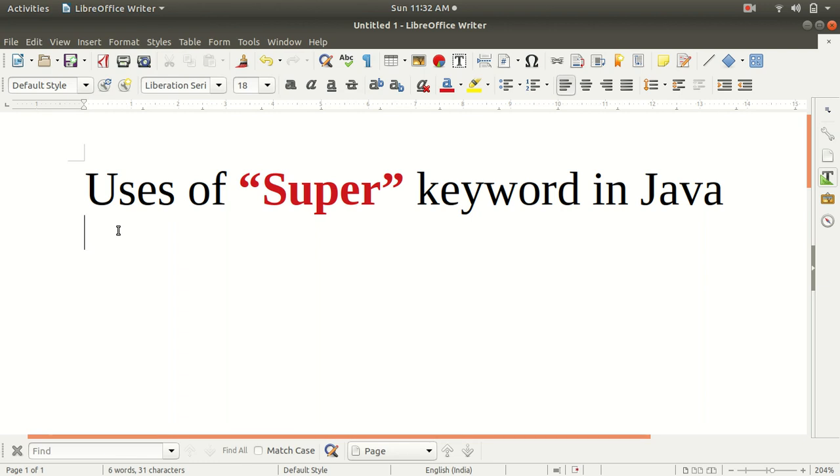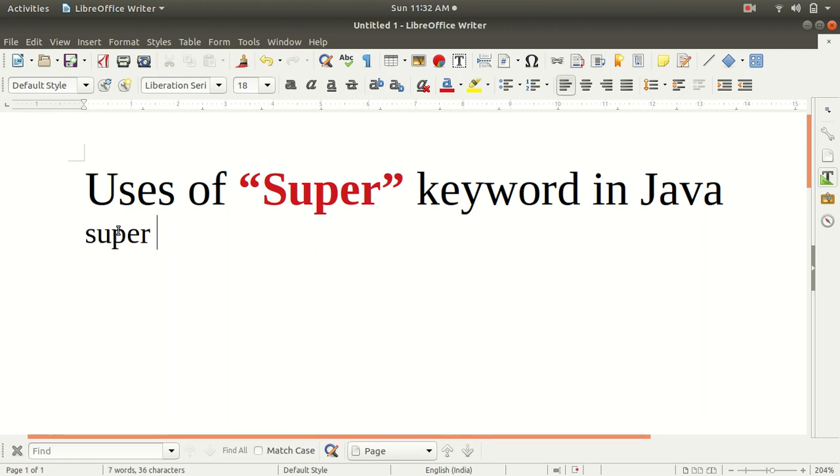So guys, first of all I am going to tell you the definition of the super keyword. As I explained in the previous lecture, the super keyword is a reference variable which is used to refer to the immediate parent class object, right?